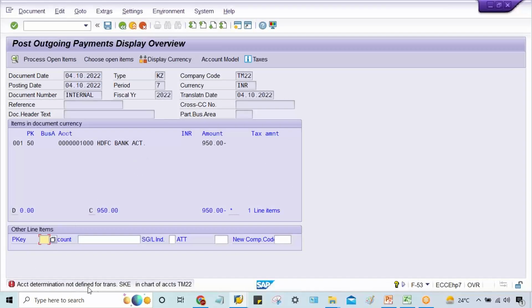Account determination is not defined for transaction SKE in chart of account PM22. So what about this error, guys? Account determination is not defined for transaction SKE. Now,